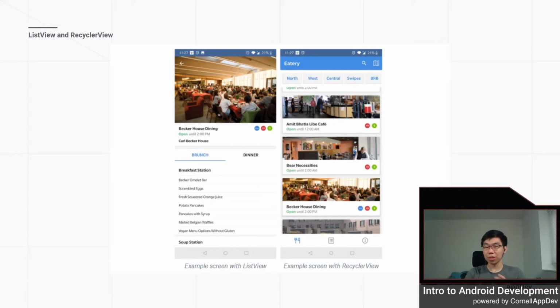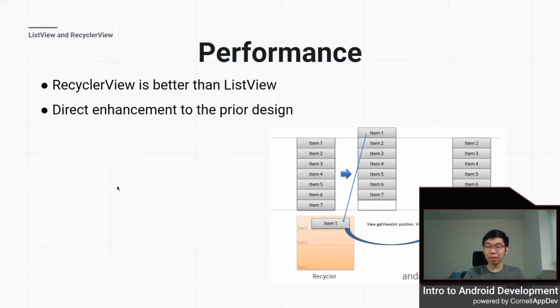So we use a RecyclerView in the homepage of Eatery. And also use list views in the detail pages of each dining hall. But you'll notice straight off that there are some differences between the screenshots we've used and the examples we've used. And they'll become apparent in a moment. So,